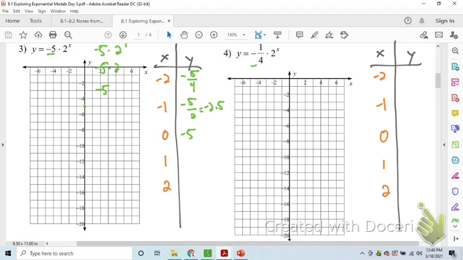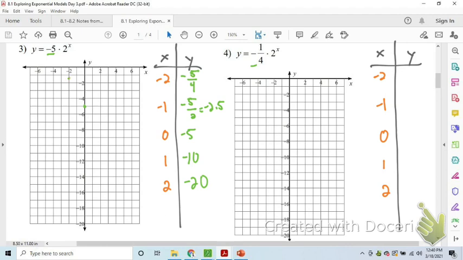-5 times 2 is -10. Got that one. And then I have 2 to plug in. So this will be -5 times 2 to the 2nd power. 2 to the 2nd power is 4. -5 times 4 is -20. So all the y values are negative here, which makes sense because when there wasn't a negative, all the y values were positive. So if I plot these, -2,